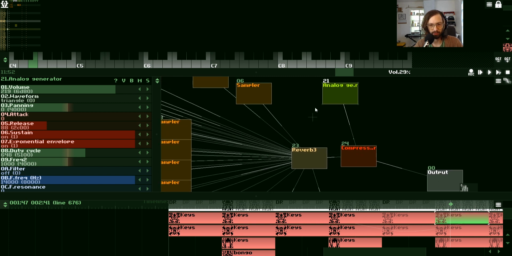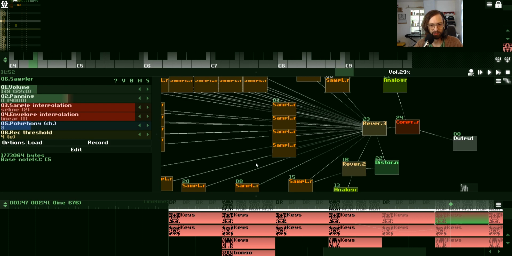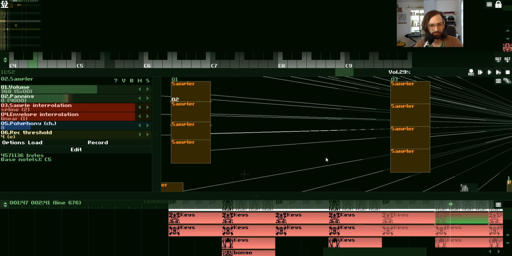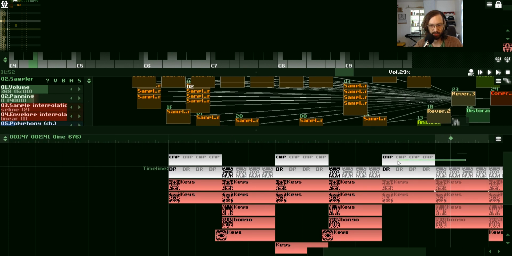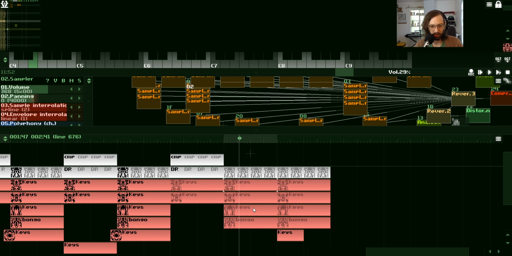Then there's just a regular analog generator. Yeah, and everything else is just a sample from my computer. So let's hear what some of the project actually sounds like. And as you can see, all of these red, I think it's red. I'm colorblind, so red, pink, orange. I think they're not green. All of those that are not white are parts that I had tracked live into the computer,